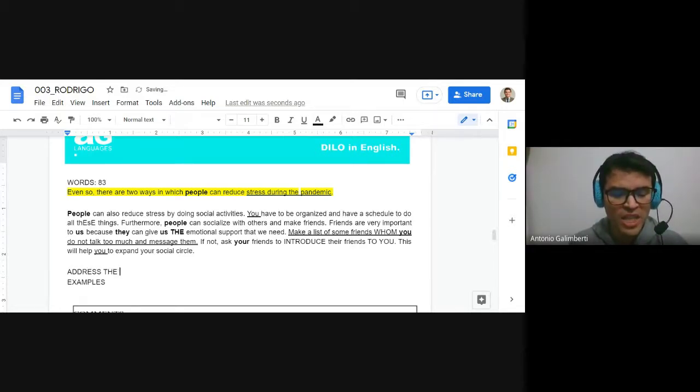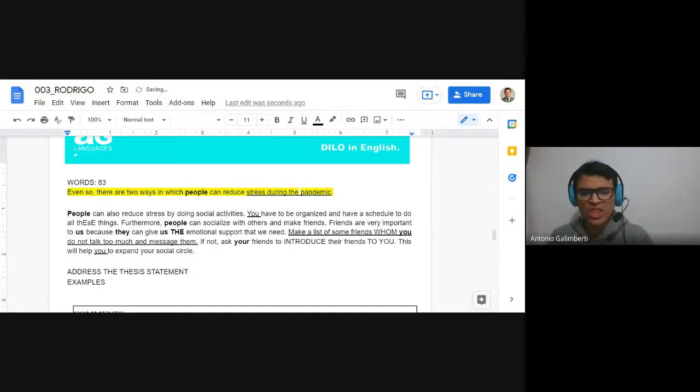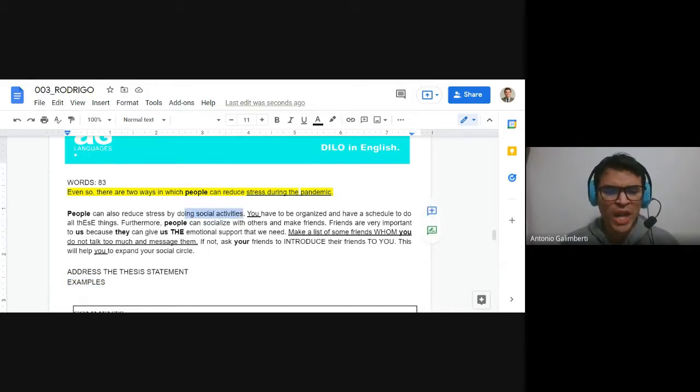Address the thesis statement, right? Address the thesis statement. Connect your whole essay with your thesis statement. Okay, they have to be linked. All right. Now the other thing, examples. Yeah. So you're telling me here that doing social activities helps people reduce stress. So if that is a fact, you have to give me examples of the kinds of activities that I can get involved in. For example,